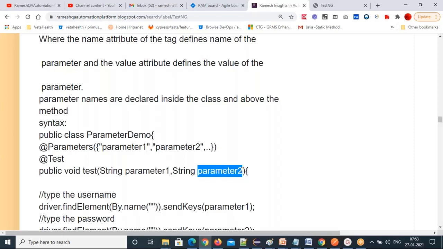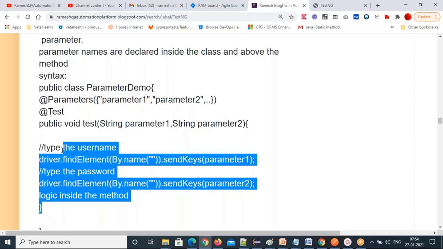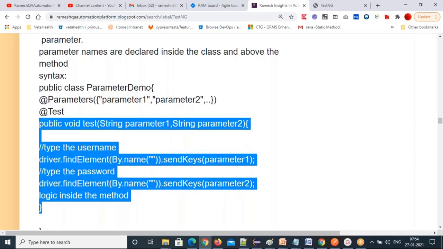So I don't need to tell this. In Java we learned very clearly how to declare a method with parameters. First data type, then parameter 1, comma, one more parameter, you have to separate with a comma, data type, parameter 2. This is how we will write, right? These parameter values we are supplying, we are giving in the testng.xml file. So then you can use the same parameter name here, parameter 2 you can use here. Then close this test method, right?